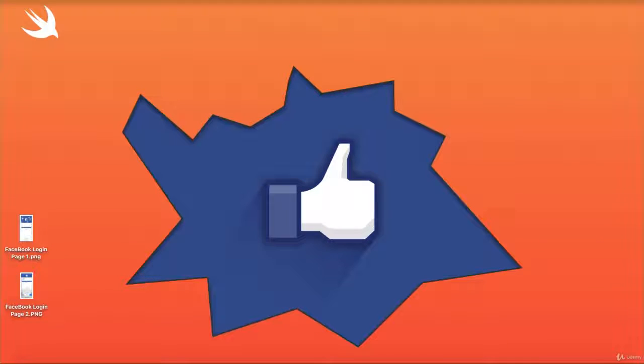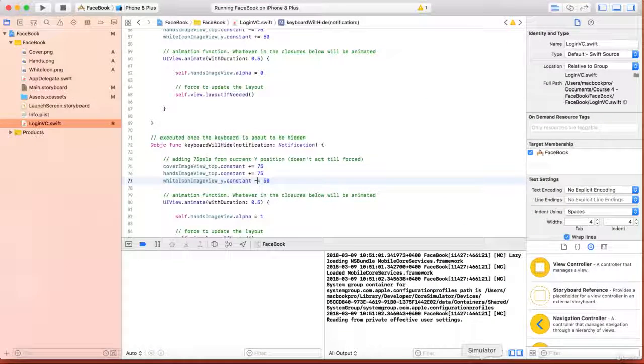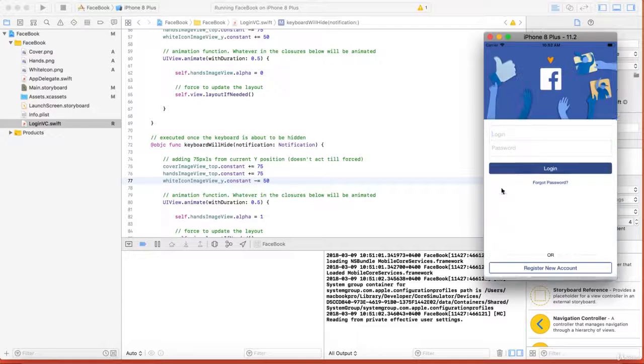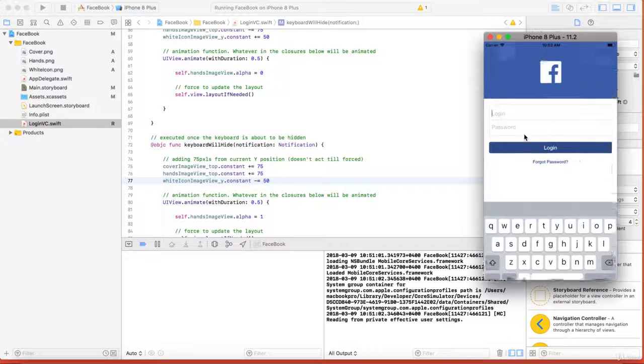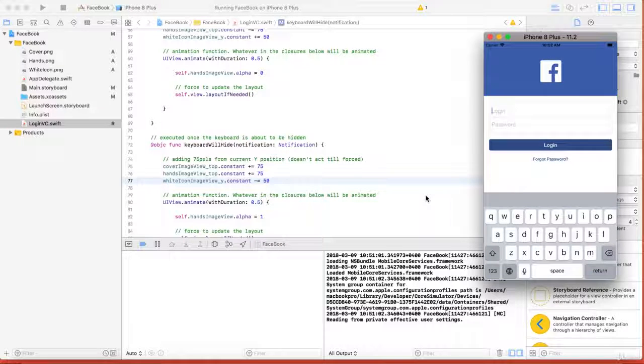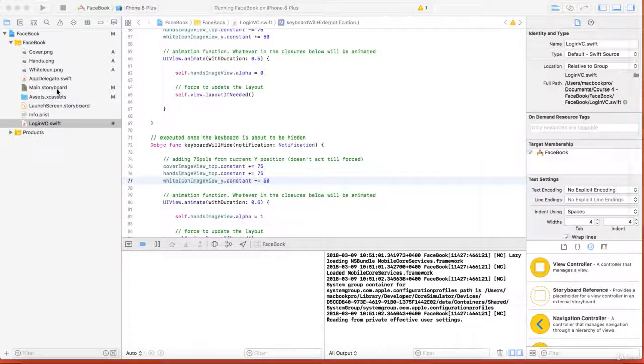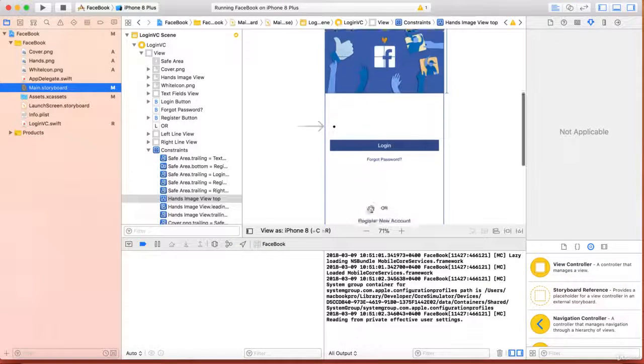And guys, as the last part and last step of manipulating the user interface, we need to move up the objects which are below. So these objects, we need them to be moved up. So for that purpose, what we will be doing is, if you remember, first we have